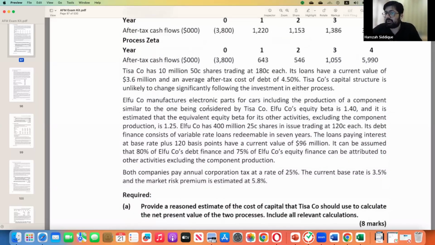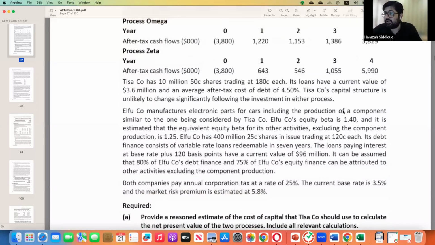FLU company manufactures electronic parts for cars, including the production of a component similar to the one considered by TISA. FLU is a proxy company. FLU company's equity beta is 1.4, and it is estimated that the equivalent beta for other activities. So FLU has other activities as well as this component. Two activities. So overall equity beta is this, FLU's, and beta of other activities